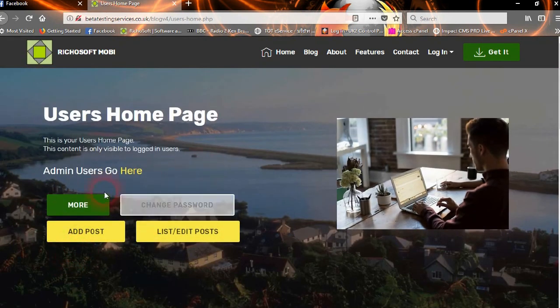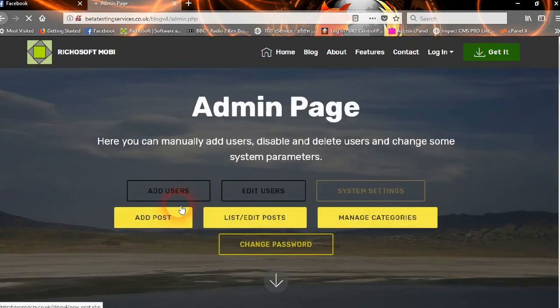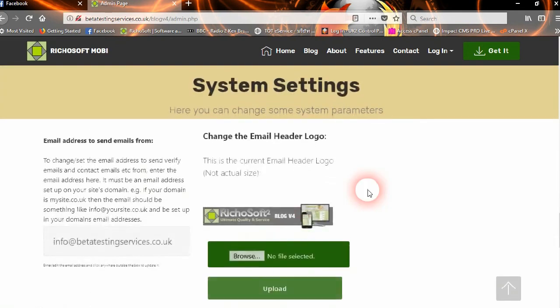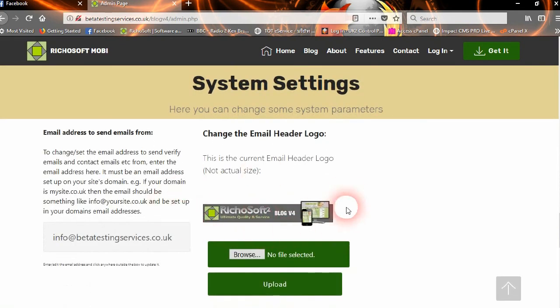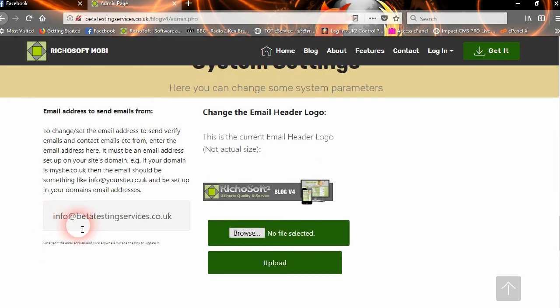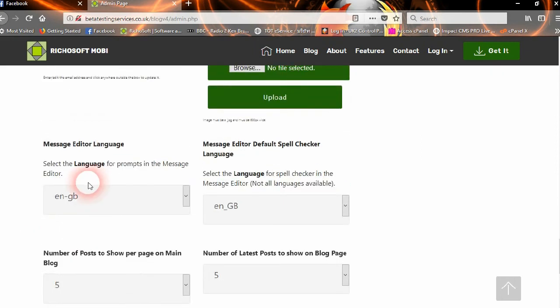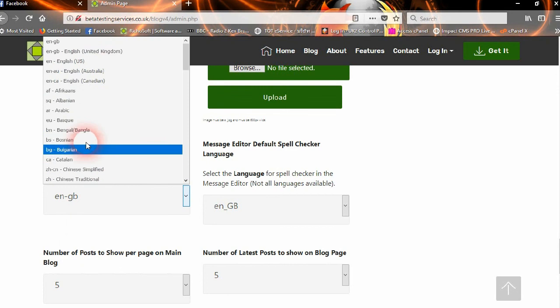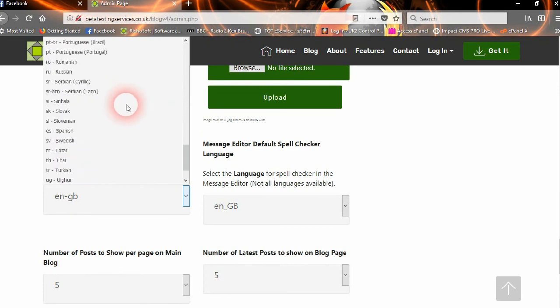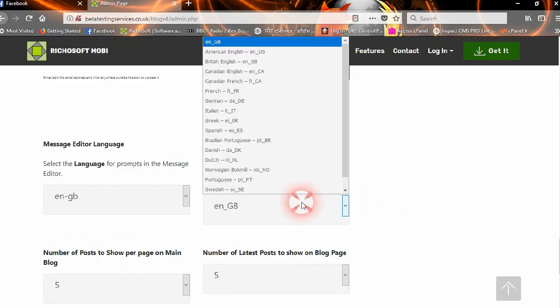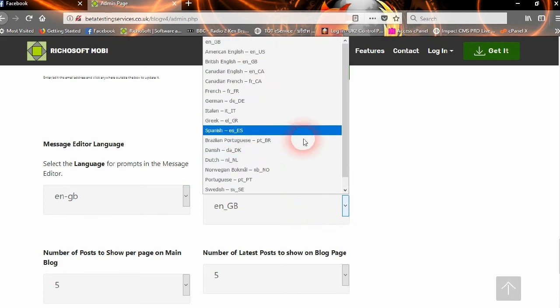Okay, so now we come to the admin page, and here we can add other users, edit users, and modify the system settings. So if we go to the system settings, you can see you can change the logo for the emails. You can change the email address to send emails from, and you can change the language of the editor into any of those different languages, and you can change the language of the spell checker into any of those